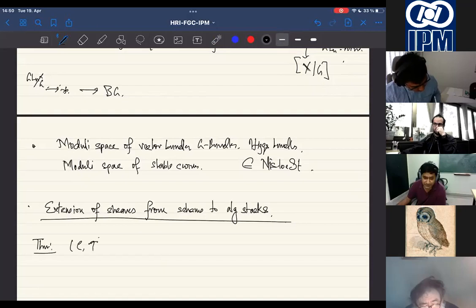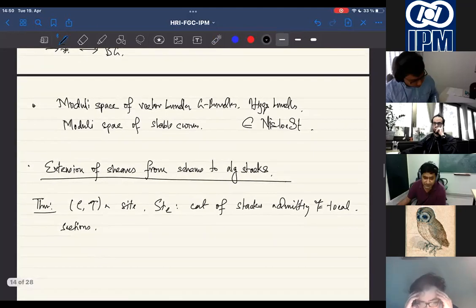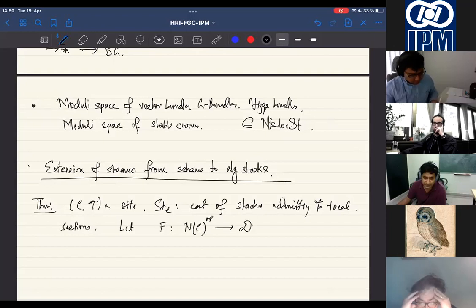You start with a site, and STC is a category of stacks admitting T-local sections. Let F be a functor from some category C up to D, the category